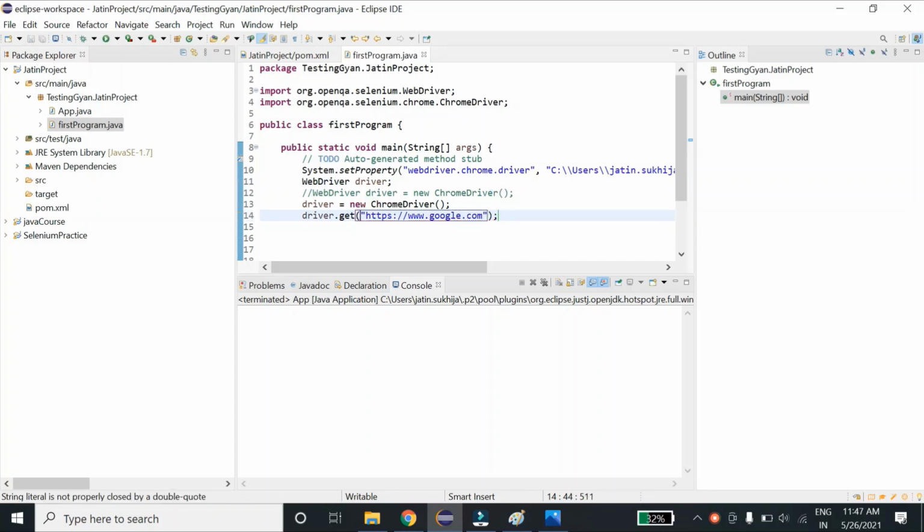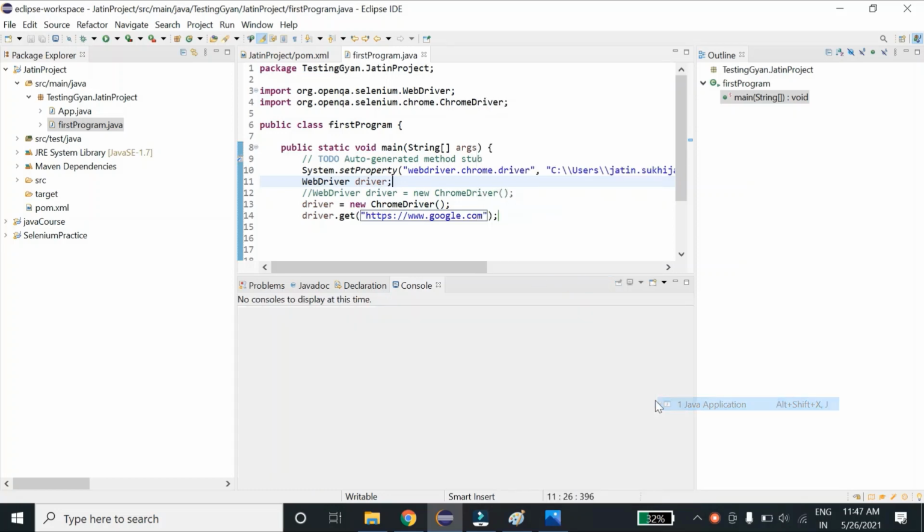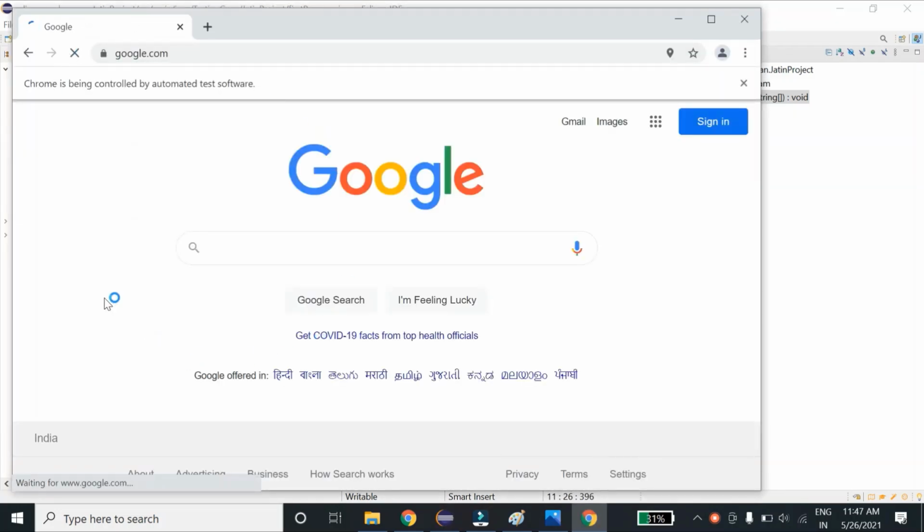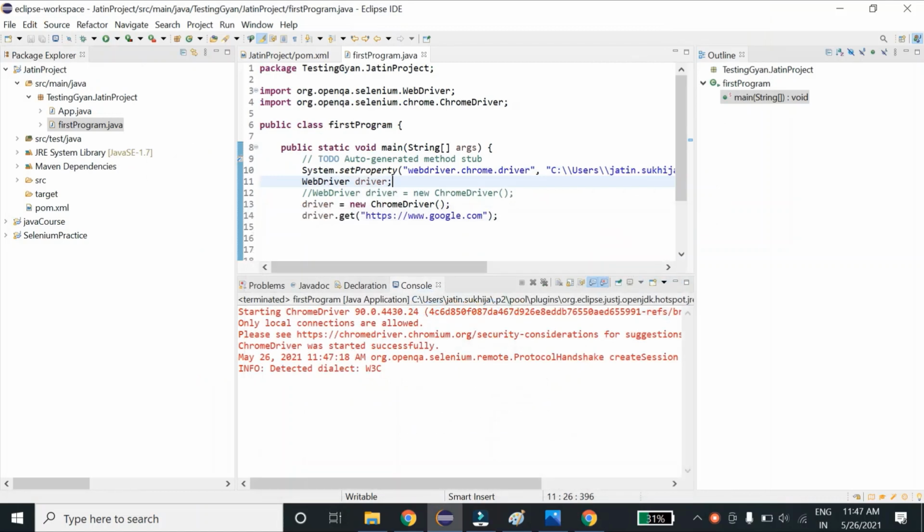Before executing this program, guys, let me tell you, at this statement it will open our Chrome browser, and at this statement it will navigate to google.com. So let me run it. As you can see, it opened my browser and it redirected to google.com. Since I have not closed the driver in my script, this driver session will remain open.